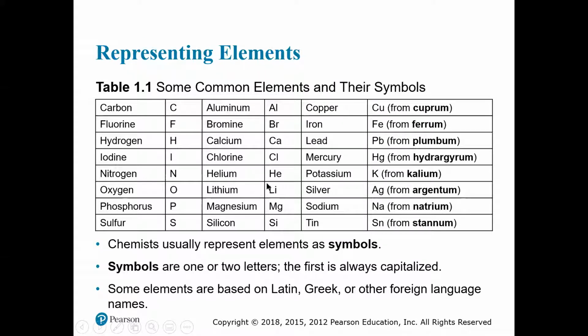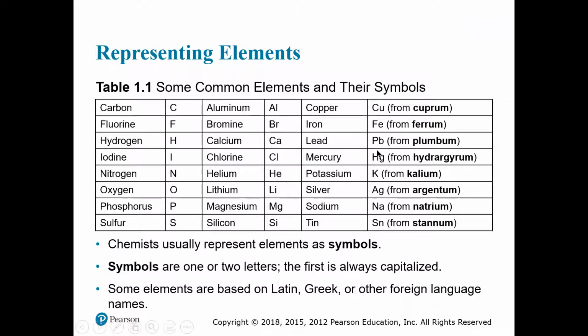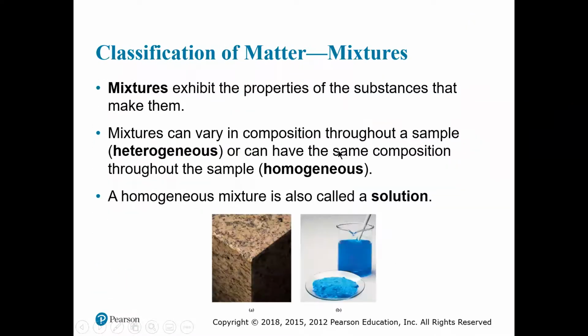Some of these things correlate, like helium, He, first 2 letters. Some of them are not quite as direct. Copper is not Co, it's Cu, because its Latin root is cuprum, okay? Lead is Pb from plumbum. If anyone ever does construction, a plumbum is a string with just a heavy piece of metal or lead at the end of it to get a straight line up and down, all right? We tend to write our elements with symbols. Okay,